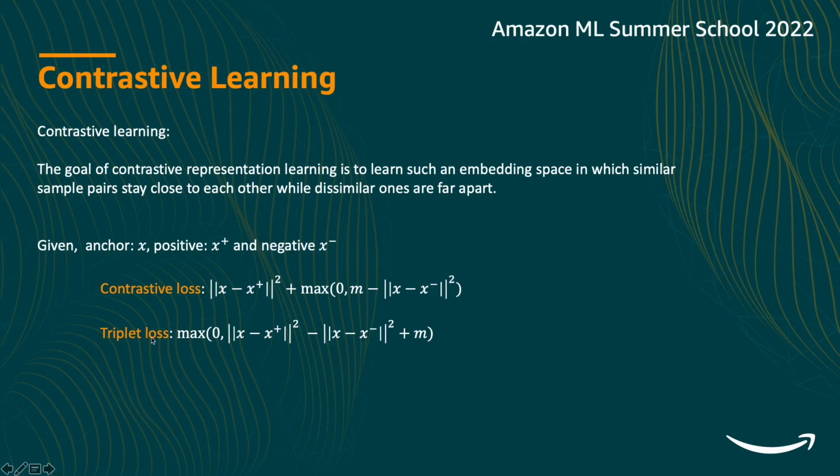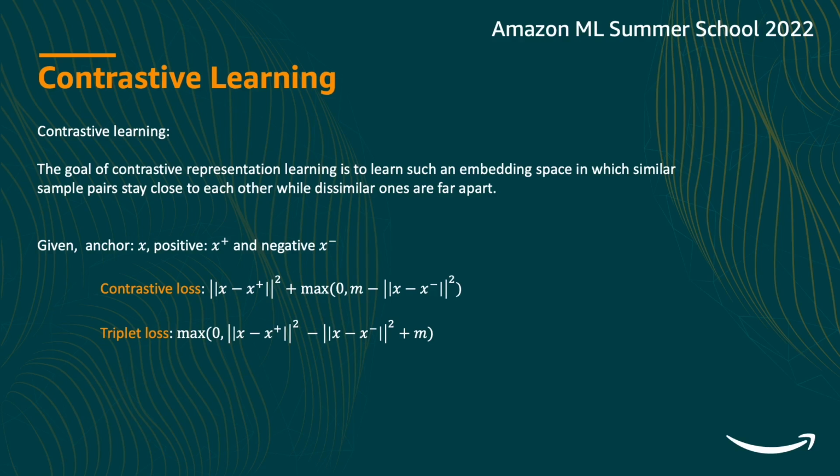And in case of triplet loss, it squashes the two terms that are present in the contrastive loss. And so it is a little bit relaxed loss function. And so what it means is that it doesn't necessarily make anchor and positive very close together. But what it tries to do is separate the positive and negative by at least a given certain margin m. And so the m, it's a hyperparameter, decides how well separated are the dissimilar samples in our embedding space.